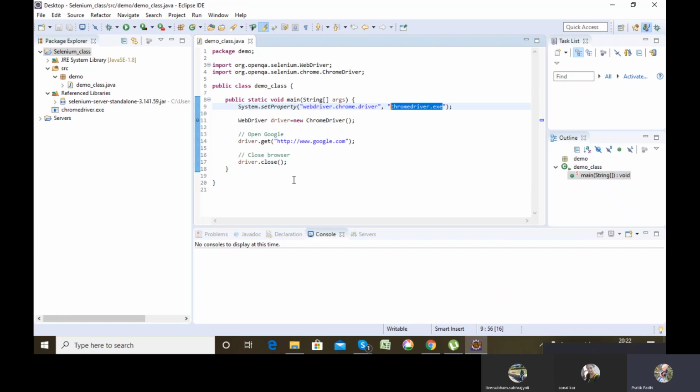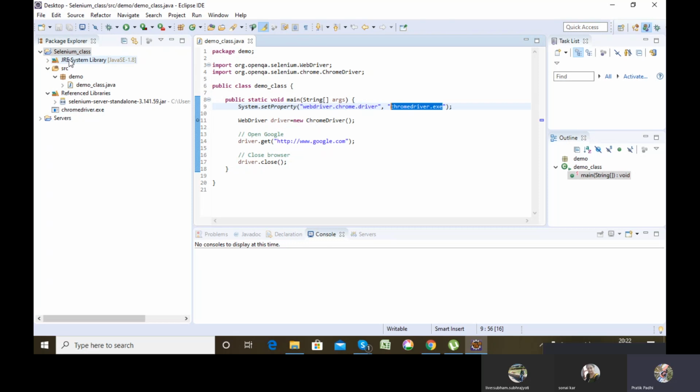But there I would have to mention the whole path, like C colon, Users, Pratik, Downloads, chromedriver.exe. So why write such a lengthy path in the program? To avoid it, we are directly copying it in the project.